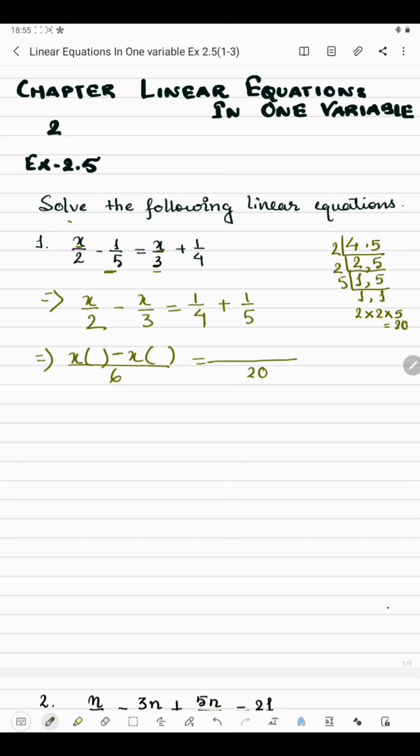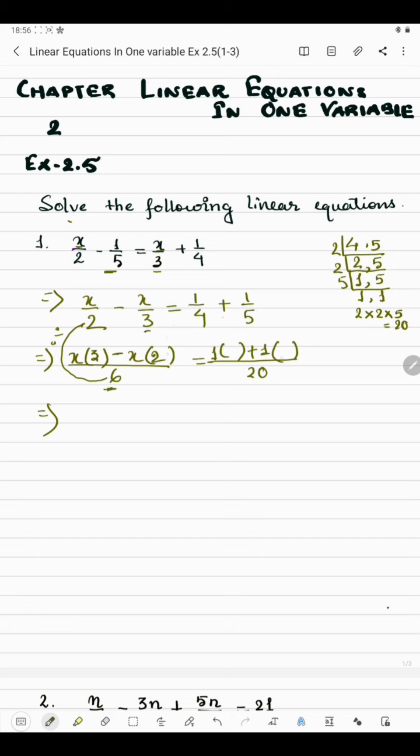Now, at first what will you do? We will just write the numerator from the first fraction, which is 1. Then we will put the bracket. Again we have plus sign, so we will put plus sign here, and then we have 1 again in the numerator, so we will put 1, and then we will put the bracket. Now LCM will be divided by the denominator, so 6 divided by 2 is 3. Similarly, 6 divided by 3 is 2, that we will put in the bracket.